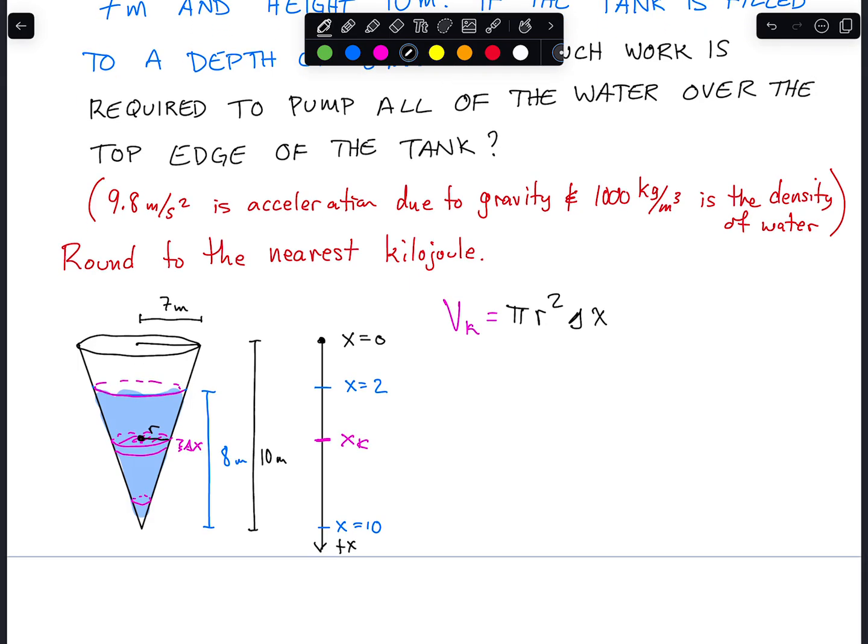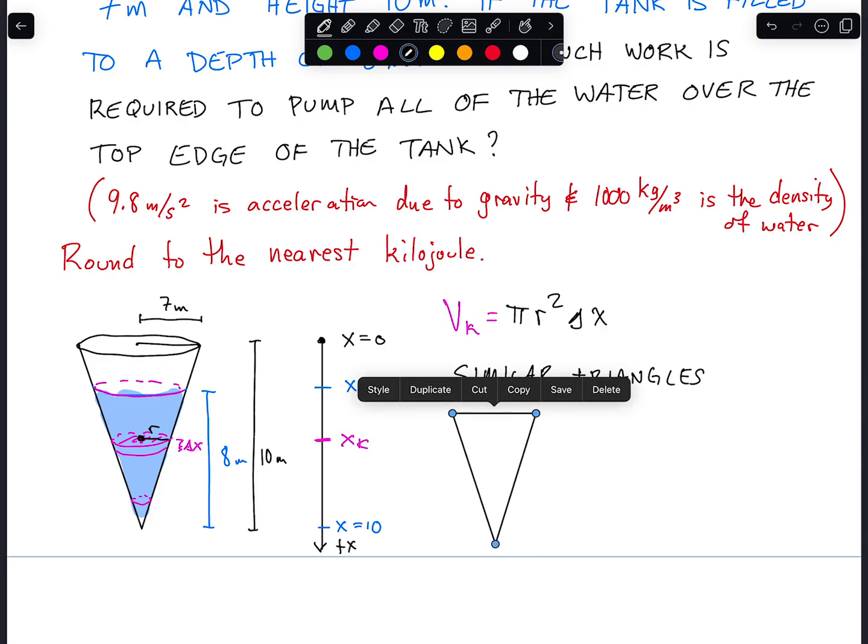One of the ways that we can do this is to use similar triangles. That's the method that I'm going to share here. There are other methods. I think similar triangles is a reasonable one to use. So if instead of drawing the whole cone, I just draw the triangle that sort of looks like that, and is just sort of the shadow or the cross-section of that cone, then what we can do is make